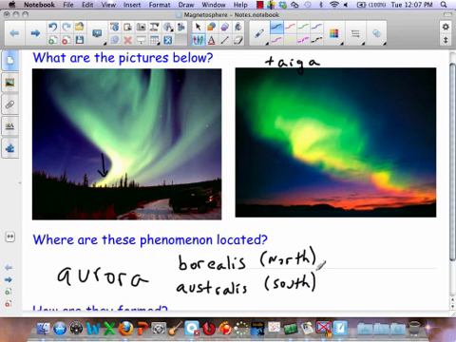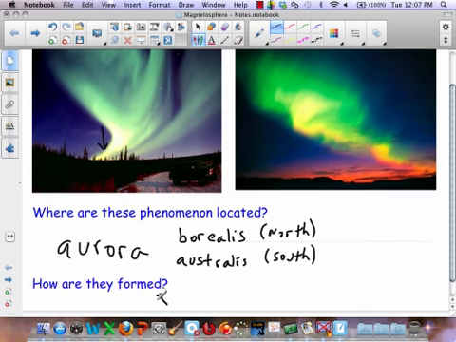Now, how are these things formed? I'll give you a hint. We're not going to be able to answer that question right now. But this is another test question right here. This little guy, that's going to be a test question. Explain how the aurora are formed. How are they created? Okay, so that's a really important test question. How are the aurora created? And it goes back to what we talked about earlier with our magnets and the magnetic fields that were created. We will come back to this question later on